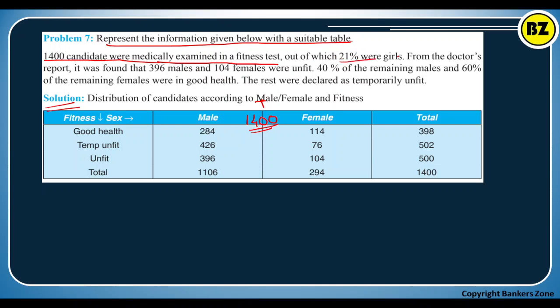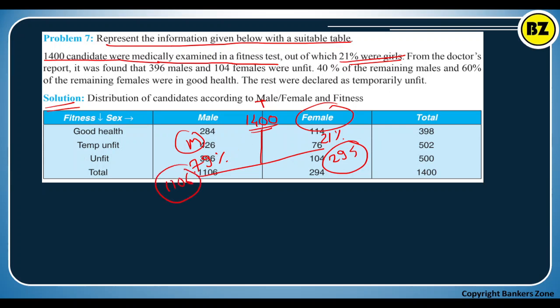Out of that, 21% were girls. So I will write here: girls are 21% and men will obviously be 79%. So 21% of 1400 will be 294. So 294 will be the females, and 79% will be the male. So it will be 79% of 1400. You calculate it, you will get 1106. Now you got total males and total females. These are the females. Now you see here,